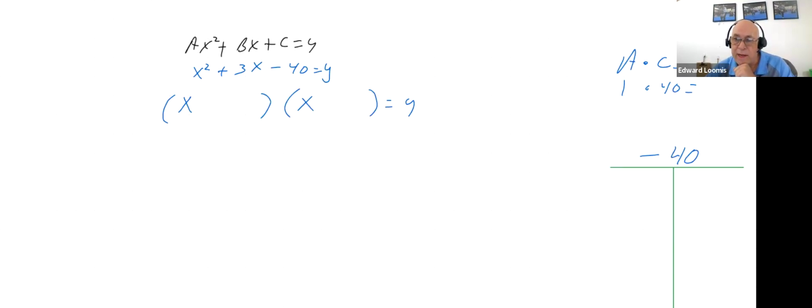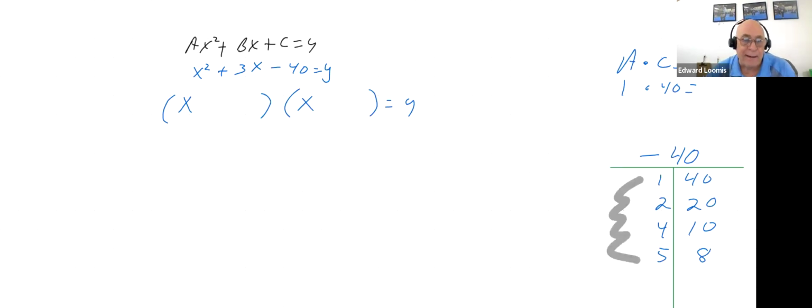1 times 40 is 40. 2 times 20 is 40. 4 times 10, and 5 times 8. So what two numbers will multiply to give me 40? Anything in this T-chart. Those are the factors of 40. What times what gives me 40? Now,